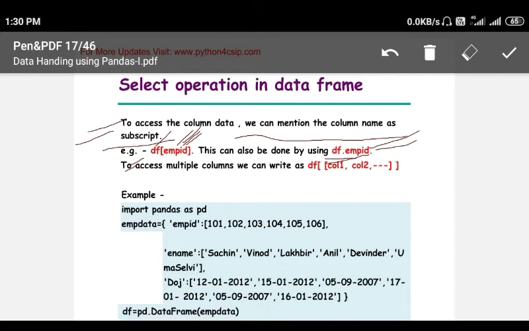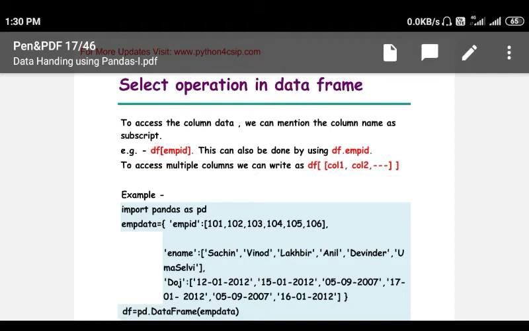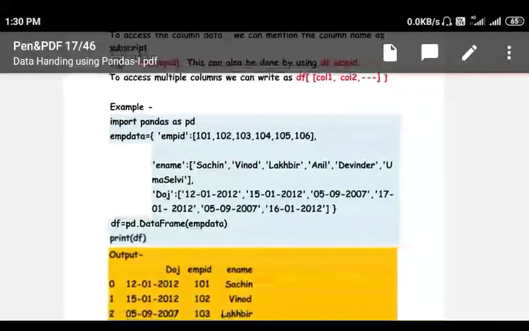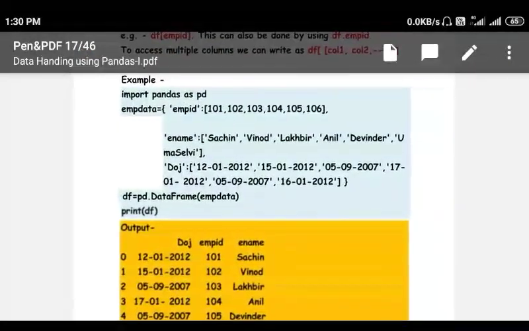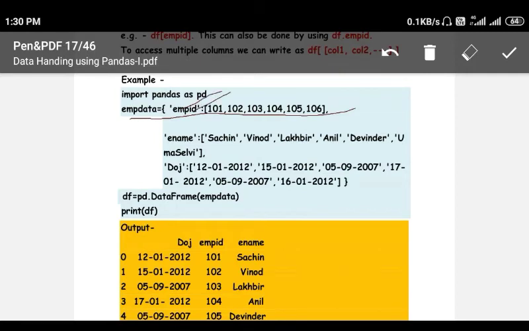To access multiple columns, we write df with column 1, column 2 and column 3. We will see this in this example. See, we have one dictionary. This is the key of the dictionary, and each key has a value as a list.